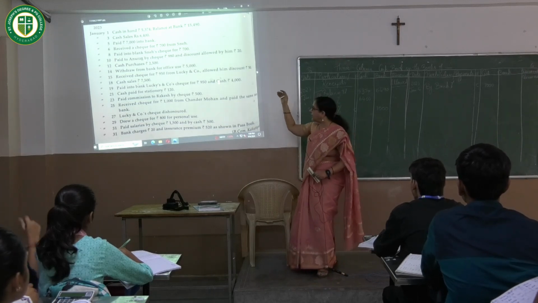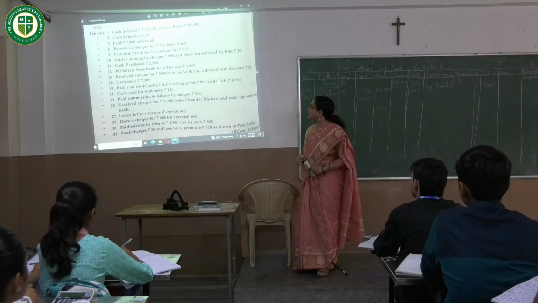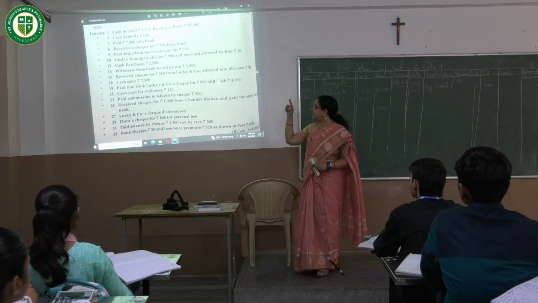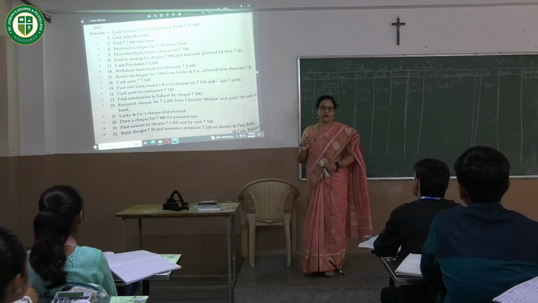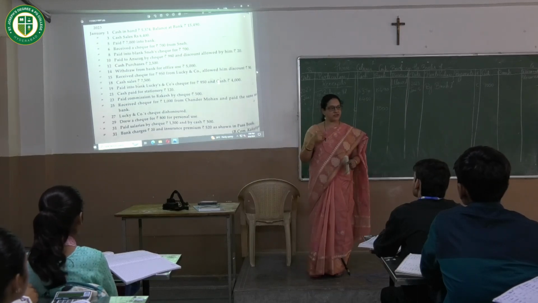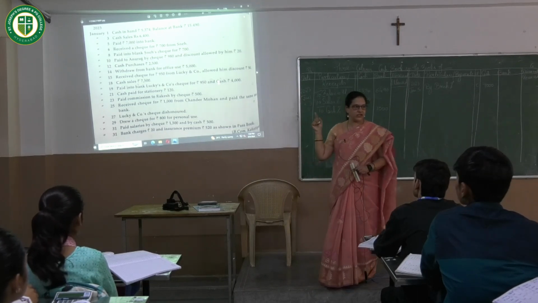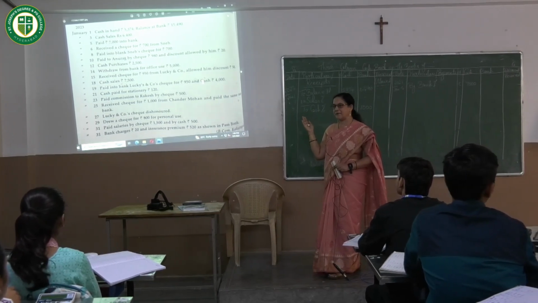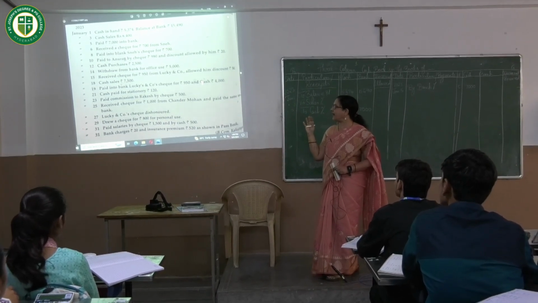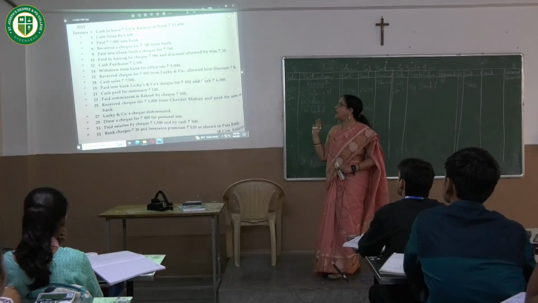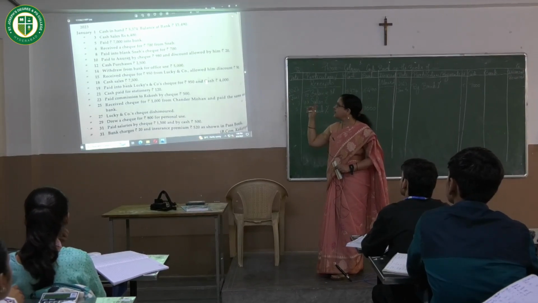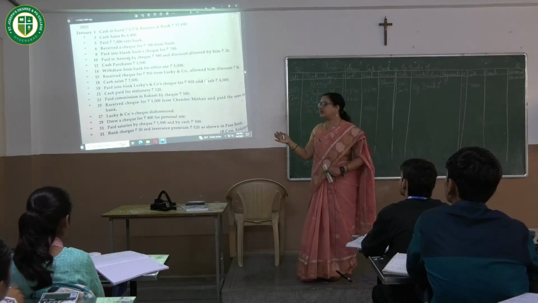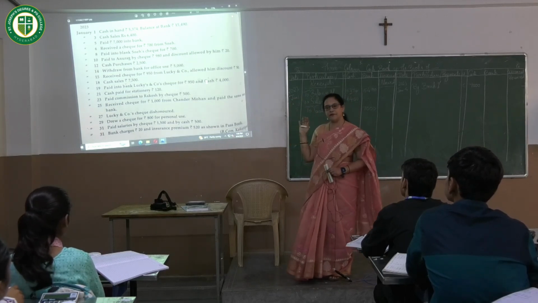So you have to come down, read the whole sum and check if Sneha's check has been deposited on a later date. Does it say there? Does it say Sneha's check was deposited later? Check the problem. On the 8th, what do you see? On 6th, he says paid Sneha's check was 700 rupees. So we have received it on 6th and we deposited the check on the 8th of January.